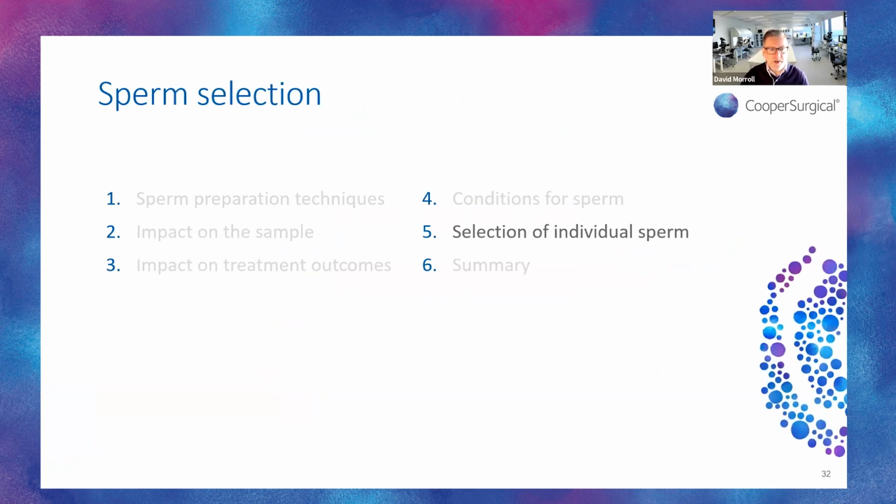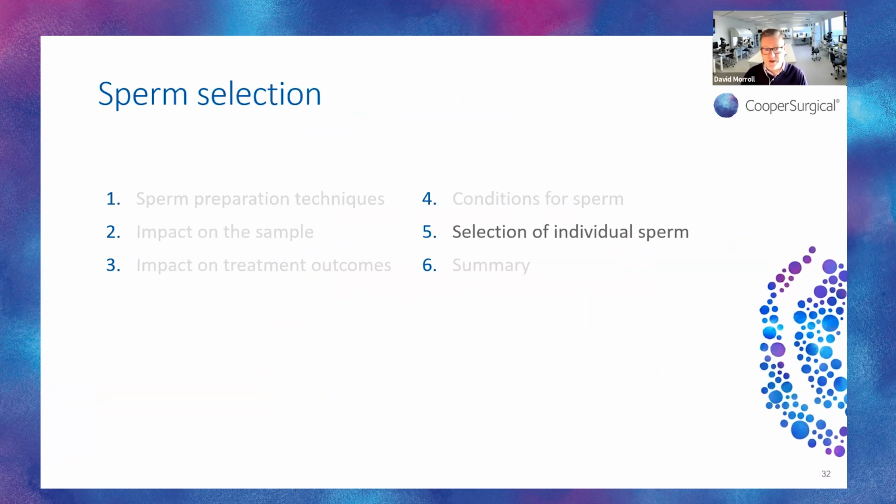Okay, let's talk about how we select individual sperm. So we've got our population, we've got better motility, we've got better morphology, and we've got lower DNA damage. But when we come to selecting individual sperm for ICSI, the guy at the microscope is basing it on motility and morphology. And we know that there are some problems with that, because we know, for example, in